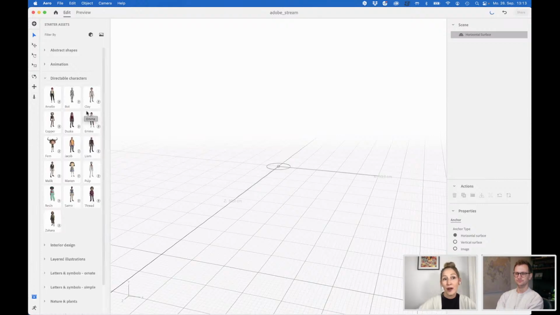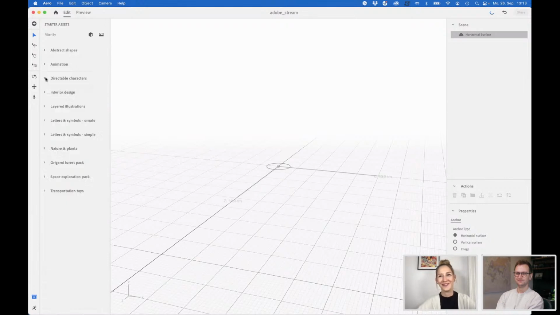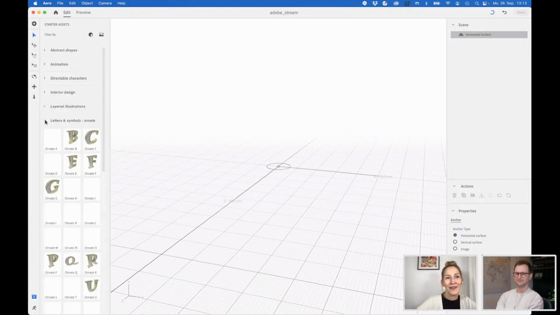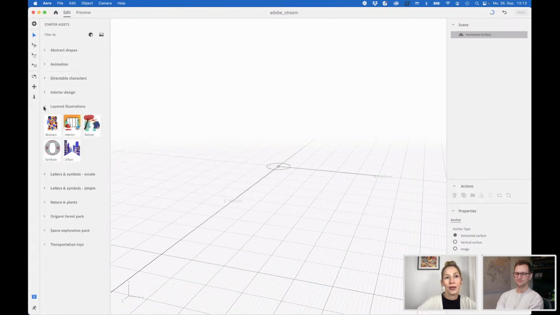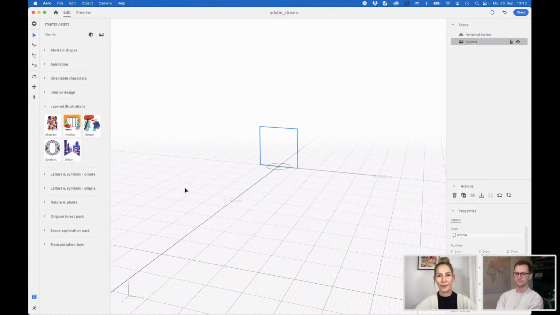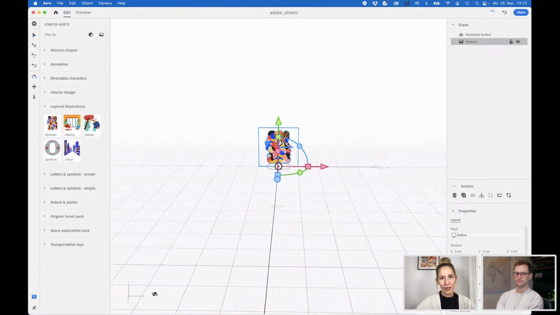You have some characters. They also have a nice name. You also have some letters and symbols, also some illustrations, which is also quite nice because for me as an illustrator, it makes it so fun to explore all the things.